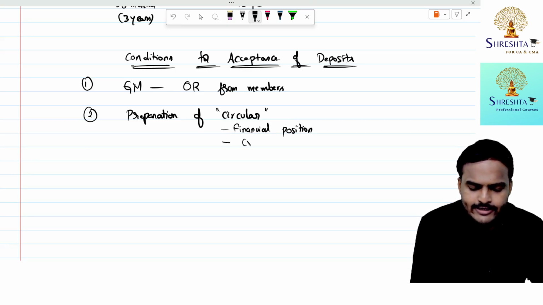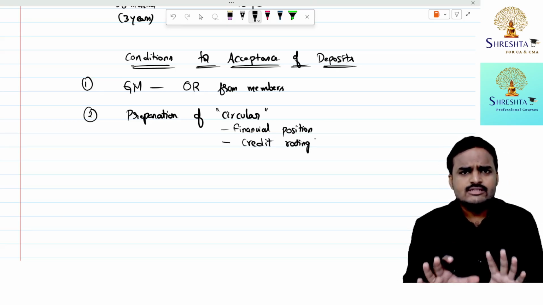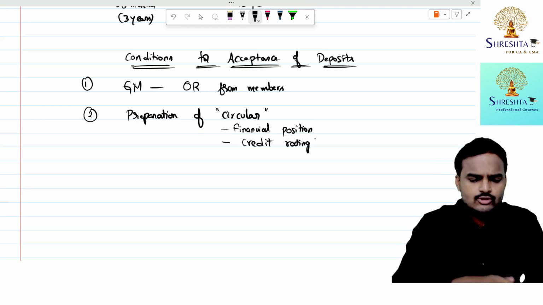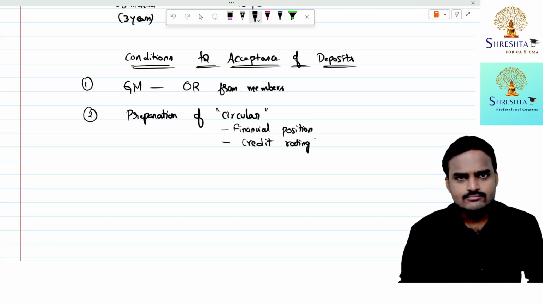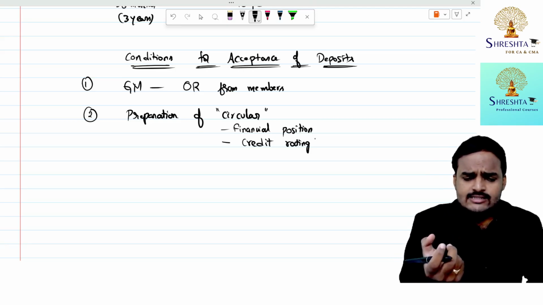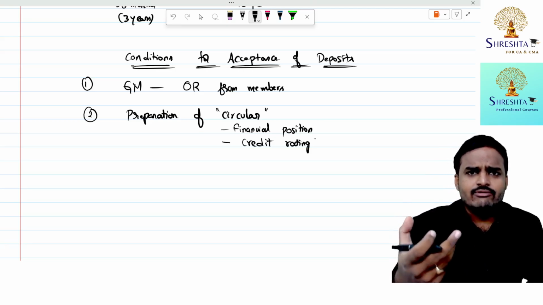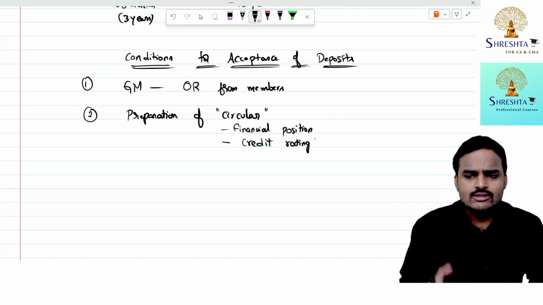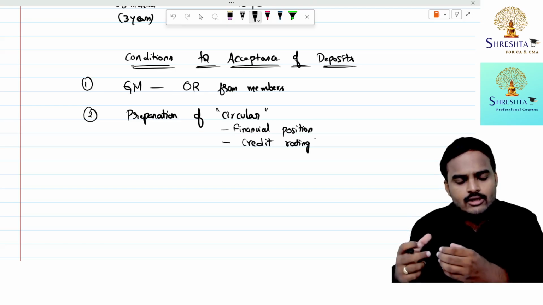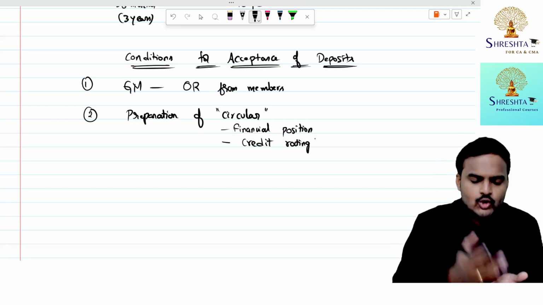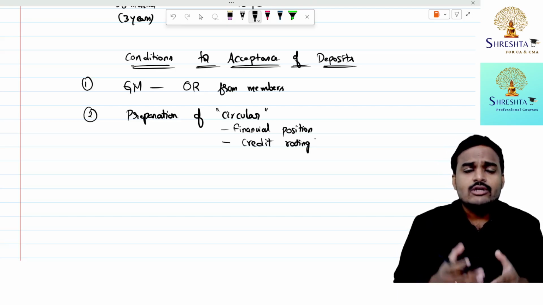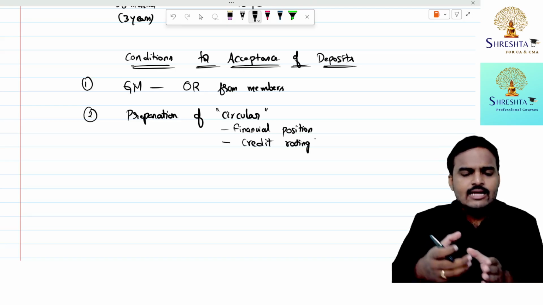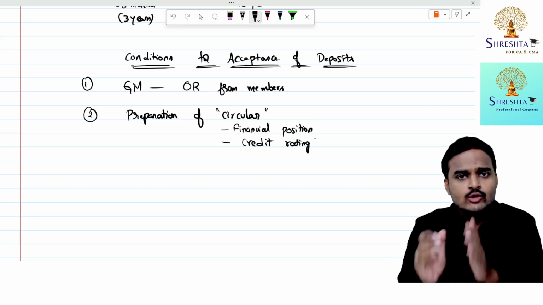Next one, credit rating. So this is similar to our CIBIL score. Similar, not exact. Suppose you want to borrow money from banks; first banks will check your CIBIL score. If your CIBIL score is 700 and above, they will show interest in giving loans to you, or else they will not give loans to you. This CIBIL score is based upon your track record in repaying loans. If you are prompt in repaying loans, you will get a high score, and a person having a high CIBIL score can easily get loans from banks.